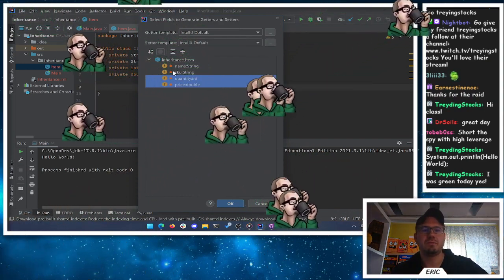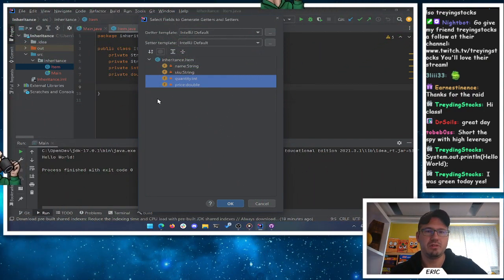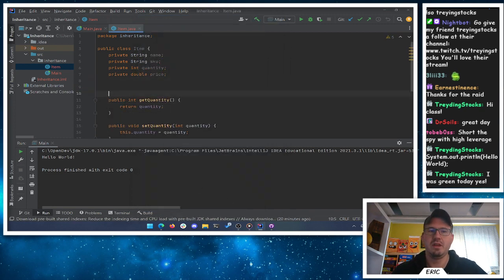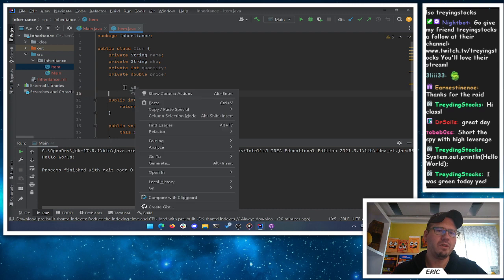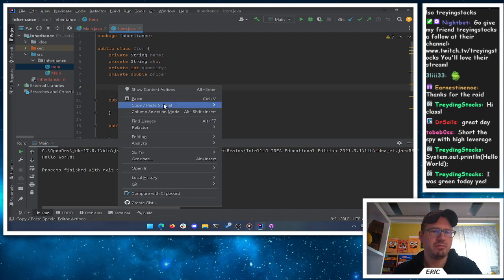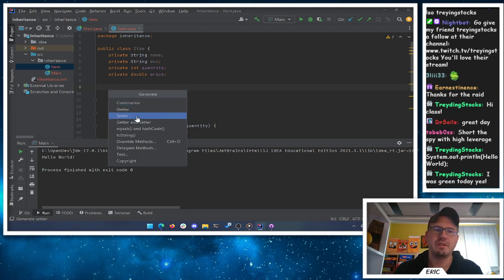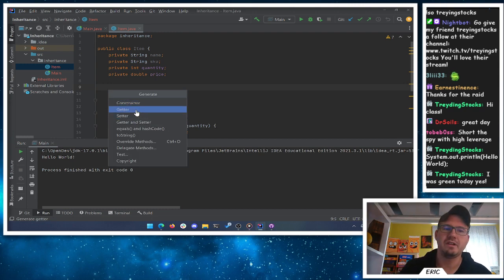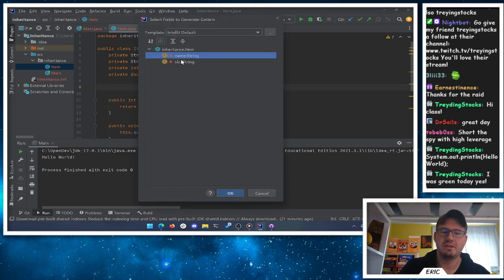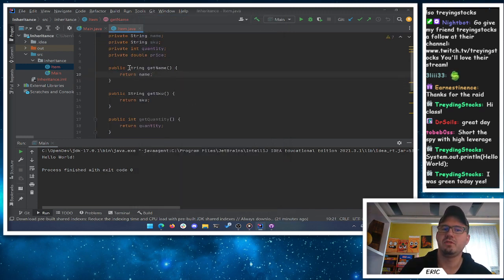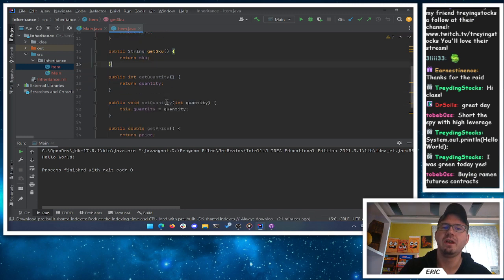So we want quantity and price to be changeable attributes here. So I want gets and sets for those here. But for name and SKU, once I put something out on the shelf, I'm pretty sure the name isn't going to change here. And I'm pretty sure that the SKU, that little barcode on the back, is not going to change. So I don't want set values for them. I only want get values for them. So I want to be able to set the name and set the SKU, and I want them never to